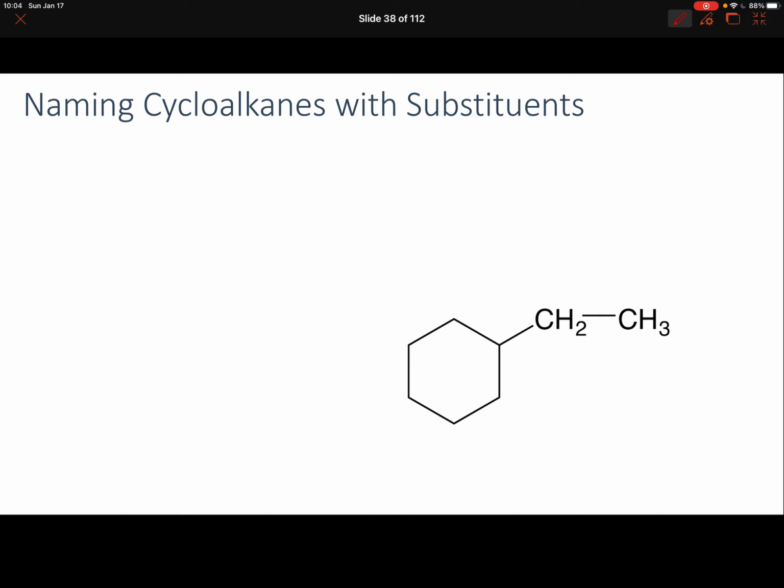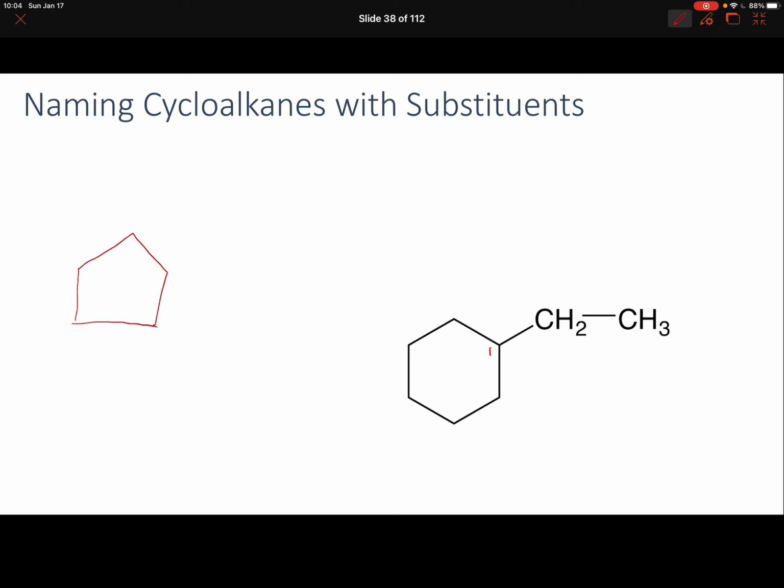Naming cycloalkanes with substituents is just the same. When one substituent is added to a carbon atom in a cycloalkane, the name of the substituent is placed in front of the cycloalkane name. There's no number needed because we'll always just count wherever the substituent is as the number 1. It really doesn't matter where you stick the group, right? Even if I told you this was